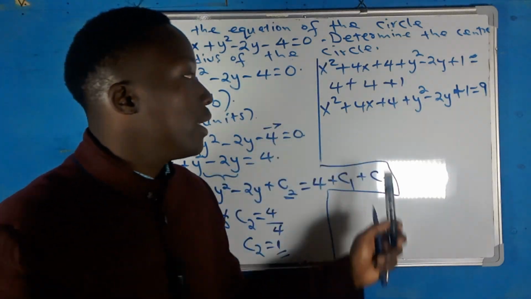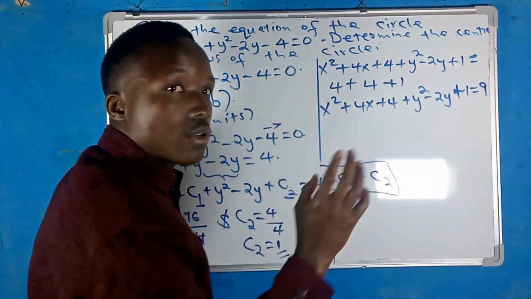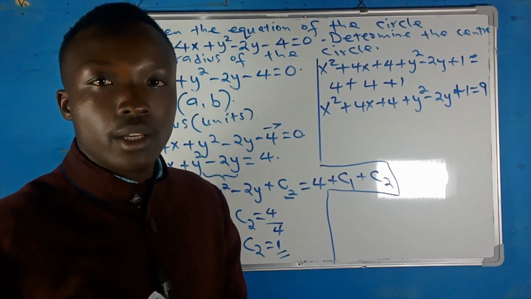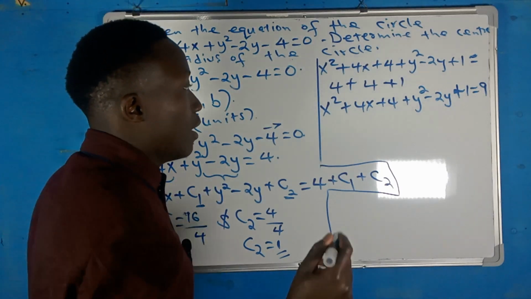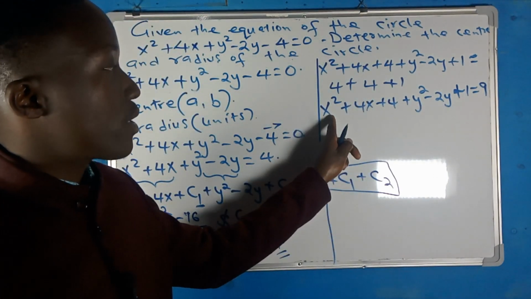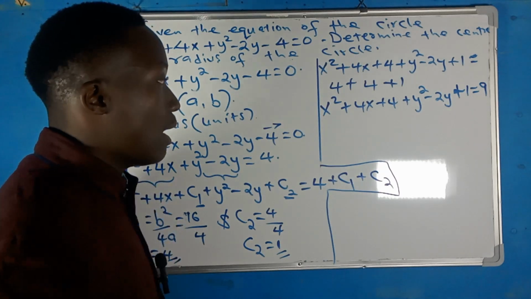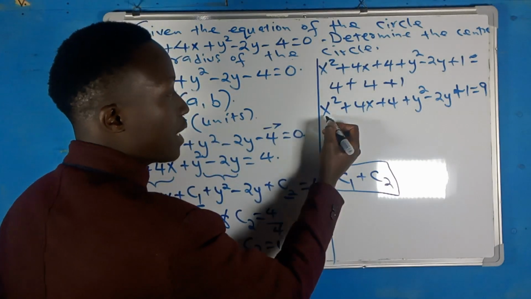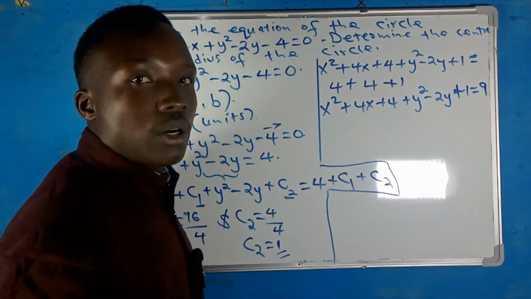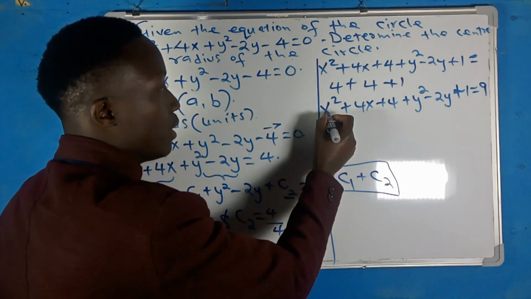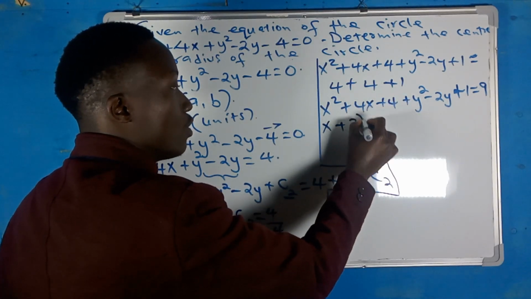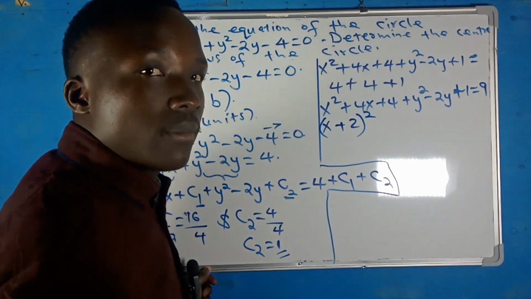So having this equation, this is a perfect square and this is a perfect square. So having two perfect squares, we can factorize the two perfect squares into their squares. So we are going to have this. This is x squared plus 4x plus 4. How do you know that a quadratic expression is a perfect square? You check the first term and the third term. If both of them are perfect squares, you can find their perfect root. So you're going to get the square root of x squared is x plus the square root of 4 is 2. So it will be x plus 2 squared